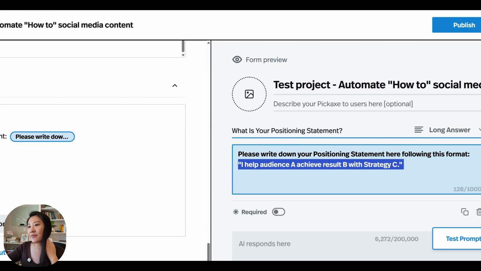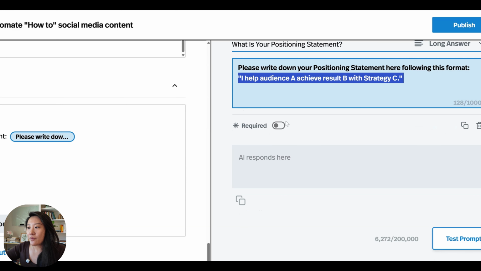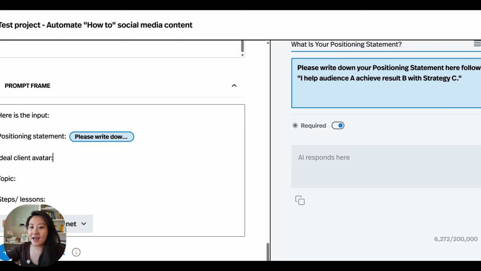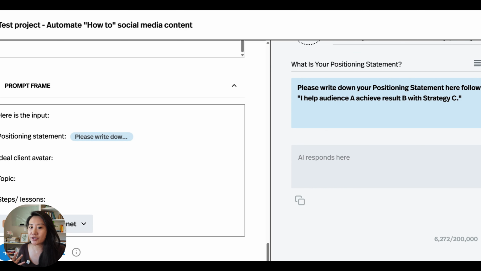Now, this is just something that I prefer, that it's easy for me to understand. You can obviously customize this. So let's make it required. Okay. And then the second thing here is I also want the AI tool to understand a little bit more